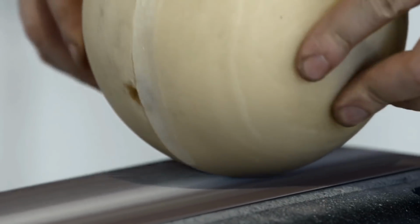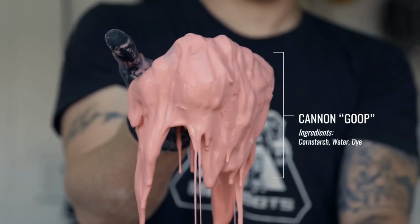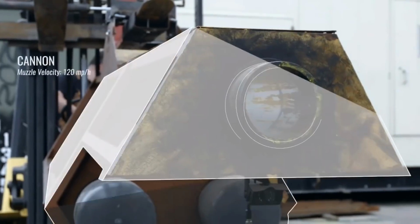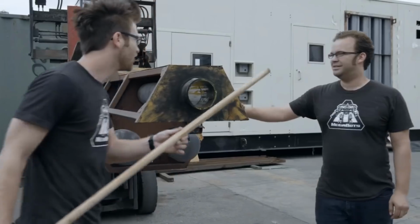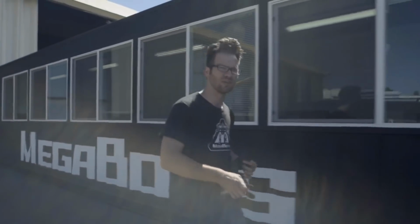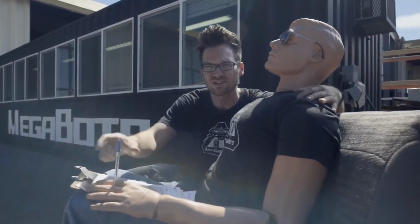We've made custom paint cannonballs that are designed to hit hard and blind our opponent. Now we need to make sure a pilot can survive them. You ready to go? Let's do it. All this shooting and smashing looks great on camera, but unless we know what it does to a person, we haven't learned anything. That's why we've recruited this unpaid volunteer to sign a stack of waivers and agree to subject